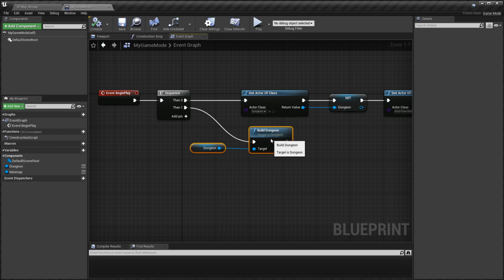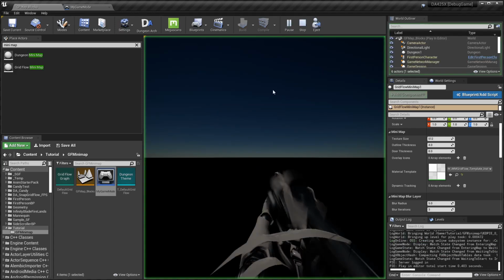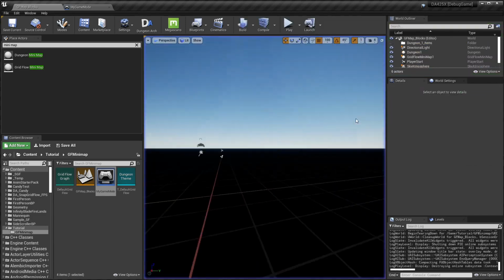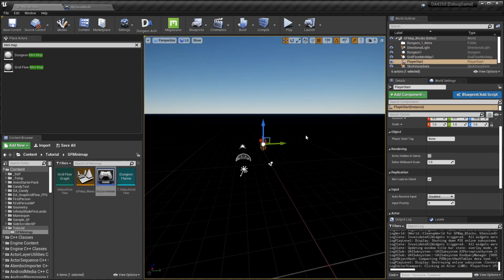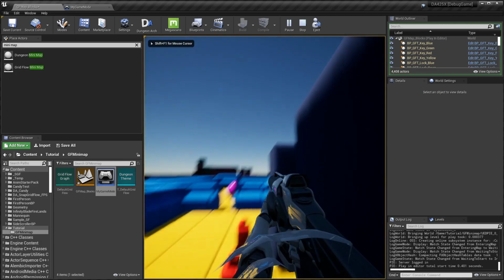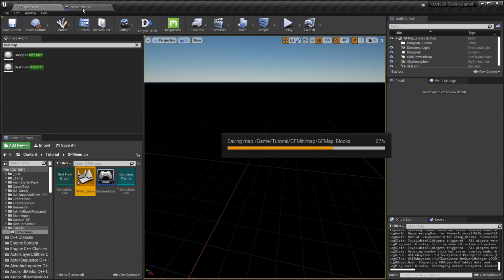Alright, now before we set up the minimap, let's make sure that our player spawns after the dungeon is completely built, and our player spawns at the player start. For example, if I were to remove the player start that we already have here, then we won't really have consistent results, right? We want our player to spawn only after the dungeon is built and on the spawn point of the dungeon. So to do that, we're going to go back to our game mode,